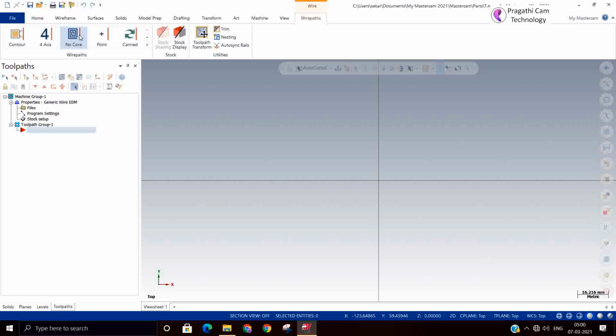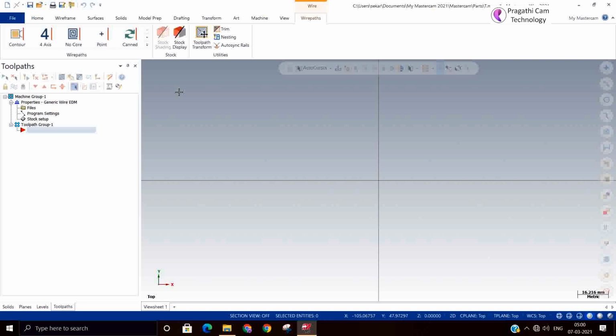Next is the point toolpath. This point toolpath is just to generate G01 and G00. Next is the scan toolpath, which is used for cutting standard shapes.